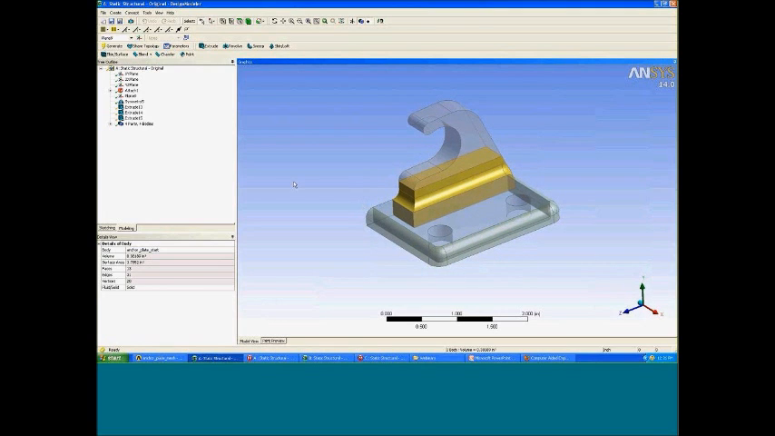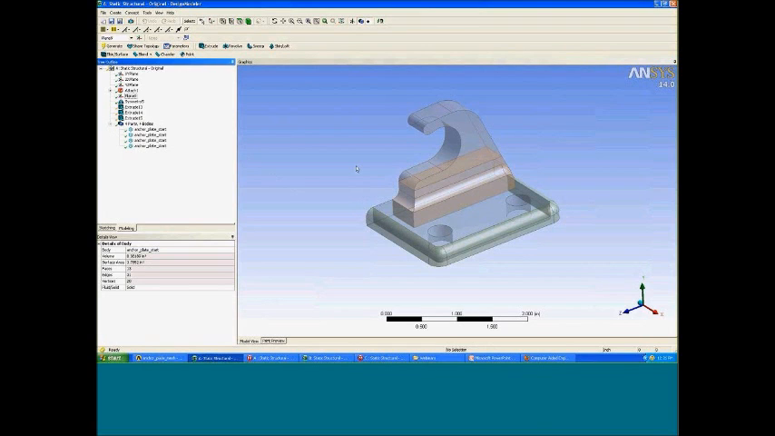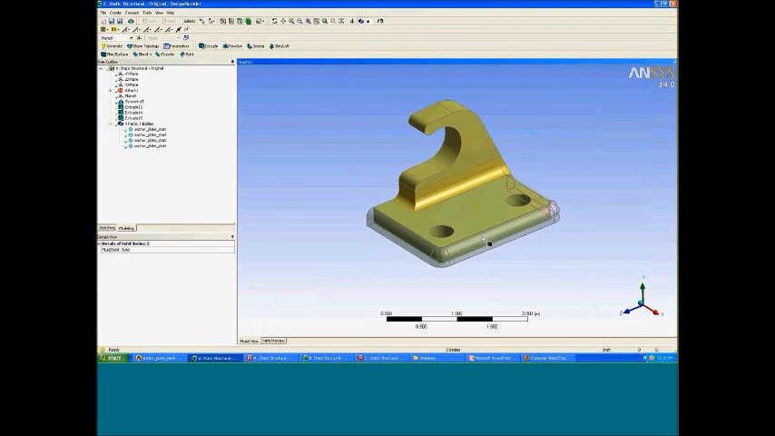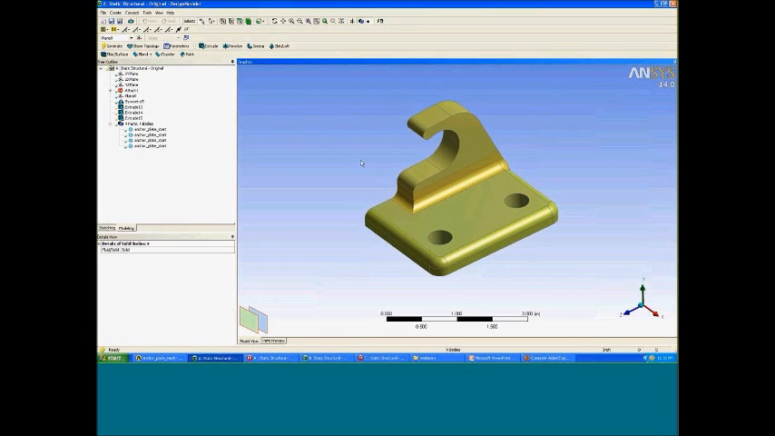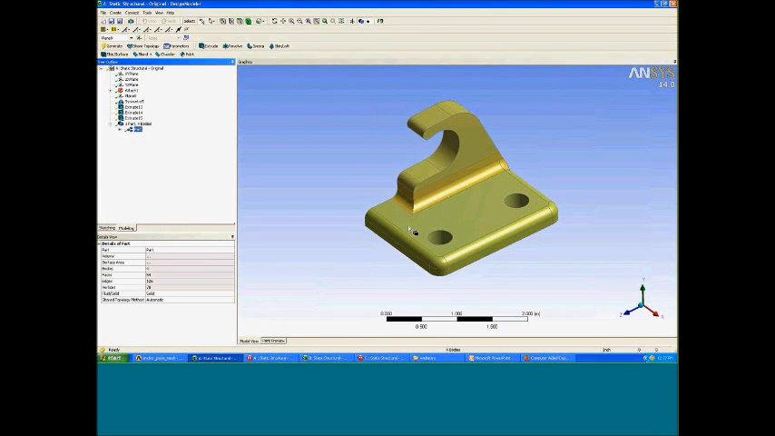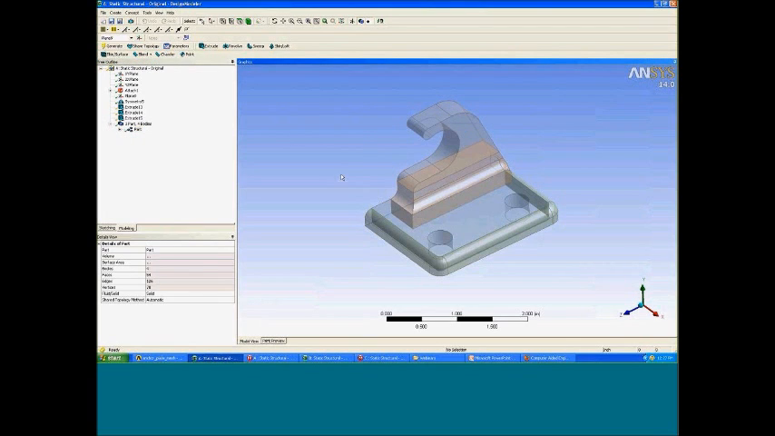Now the last thing that I want to do is make sure that I form all of these 4 bodies into a multi-body part. So I want to select them all, right-click, and say Form New Part. And that's going to ensure that once I go over to Workbench Meshing, that I get a continuous mesh through all 4 of these bodies. So if I go back to the project page,